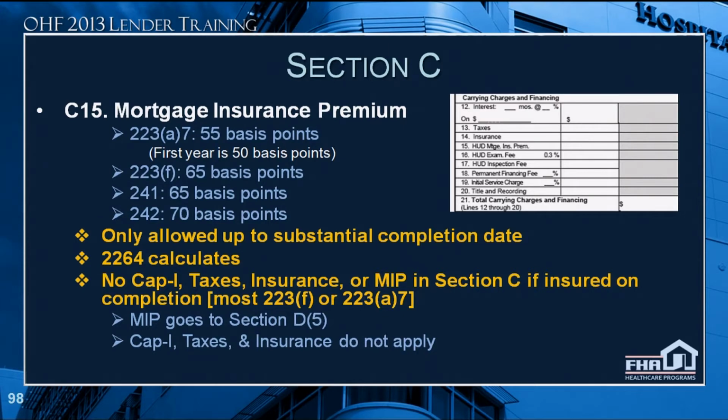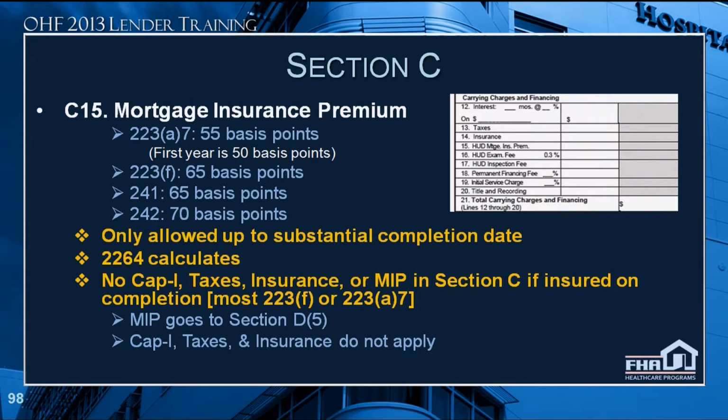So I don't know that there's a need to change what actually goes in here for underwriting purposes at this point. But the form does calculate the MIP,